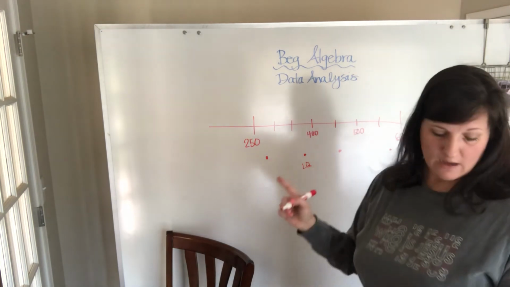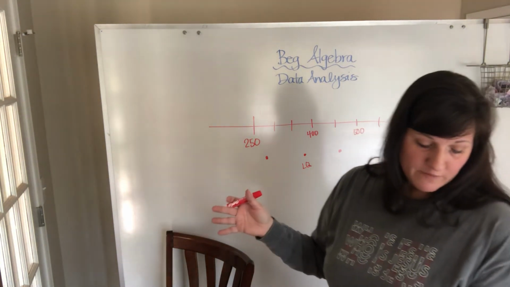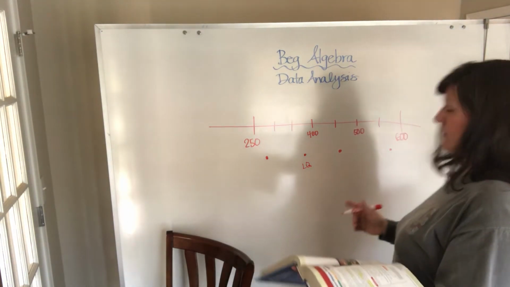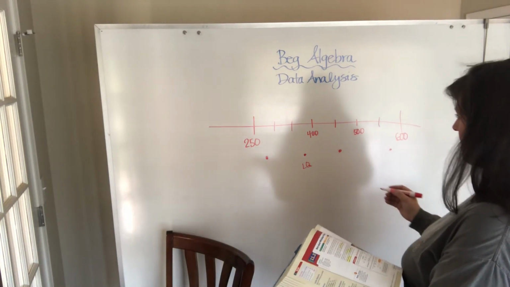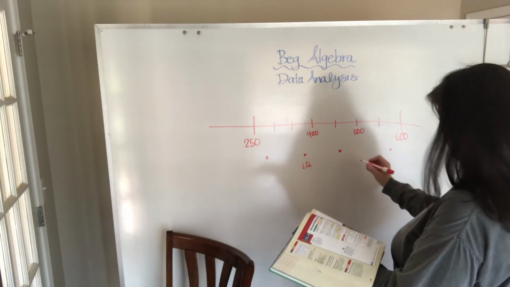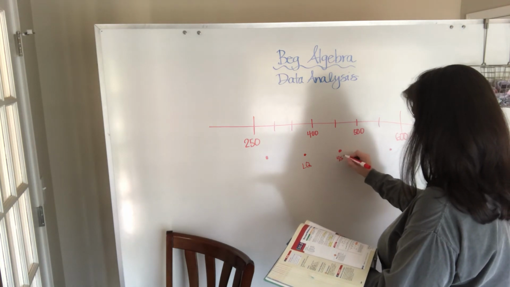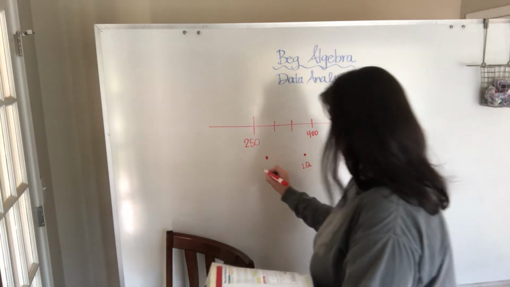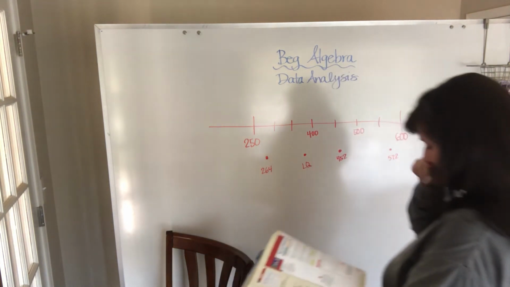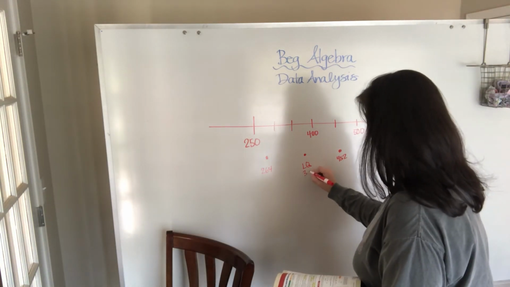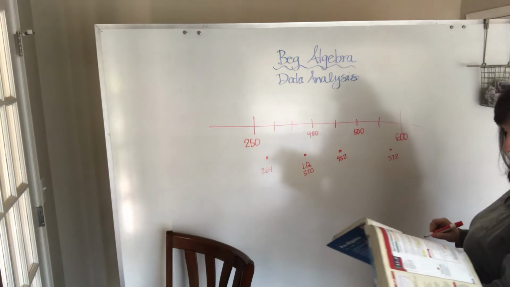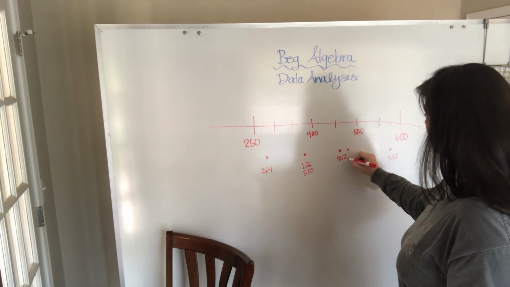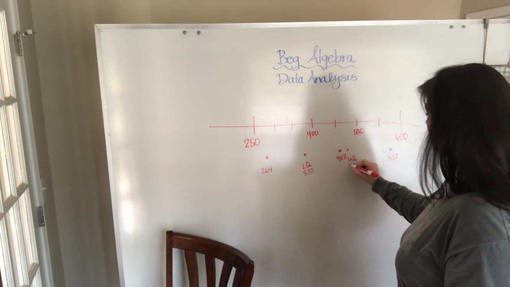Now I need my upper quartile. So I look at the numbers above the median. There are 4 again. I'm averaging my 2 middle numbers, and I get 459, okay? Probably should have written on here, let's see, this was 452. That was my median, right? This was 572. This was 264. My lower quartile was 370, okay? My upper quartile, you can see, is 459. So we're pretty close to this one, right? I'm going to write UQ, upper quartile,